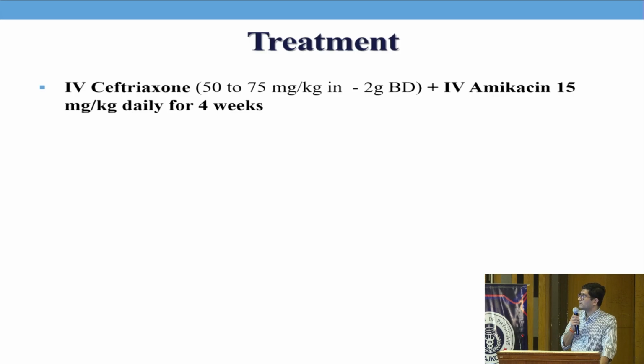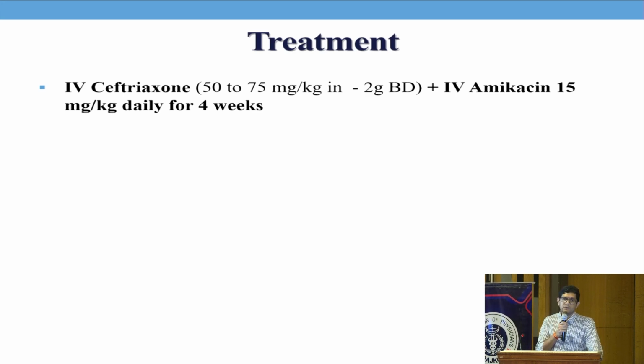For treatment, because CNS involvement was there, ceftriaxone was needed. If CNS involvement is not there, then we can give an aminoglycoside. Recommended is streptomycin, but it is toxic, and mostly patients refuse intramuscular injection. So amikacin or gentamicin is a good choice. I prefer amikacin because you can give a once daily dose, 15 mg per kg. Because CNS involvement was there, parenteral antibiotics were given for 4 weeks. Otherwise, we can give for 2 weeks if it is only sacroiliitis and hepatitis and no other system is involved.